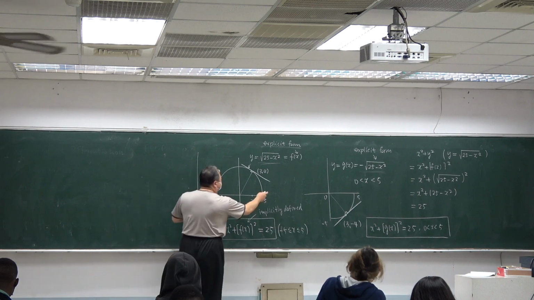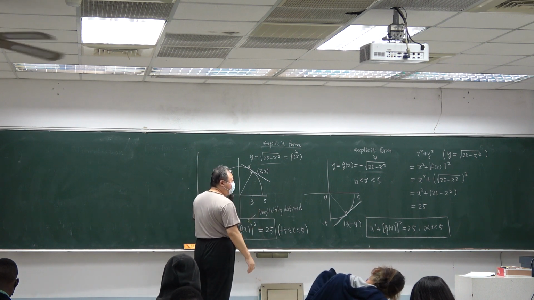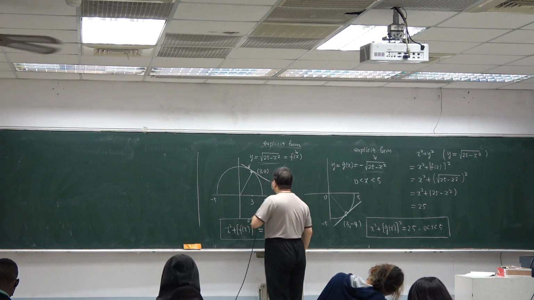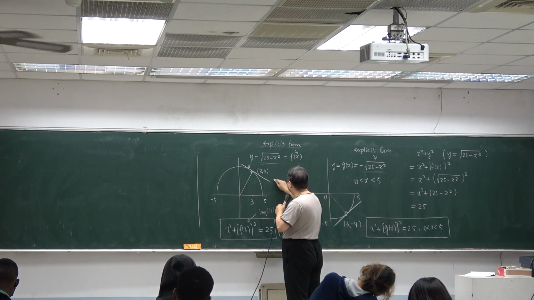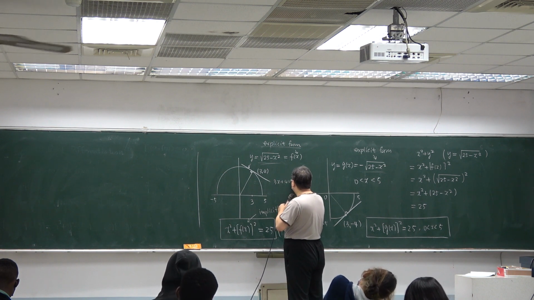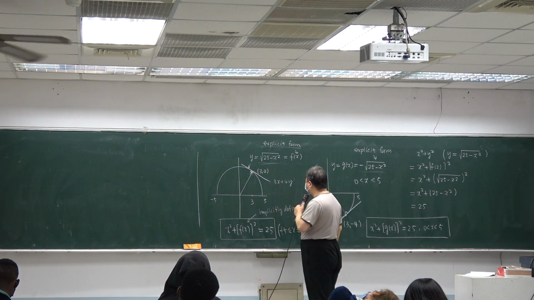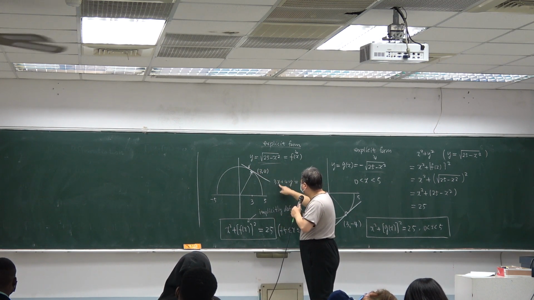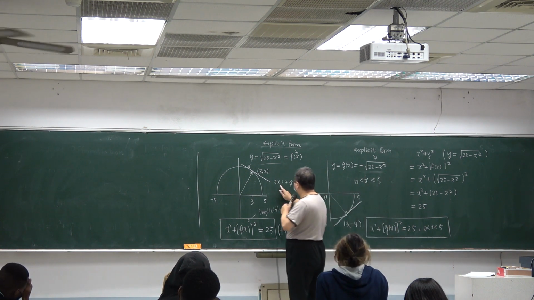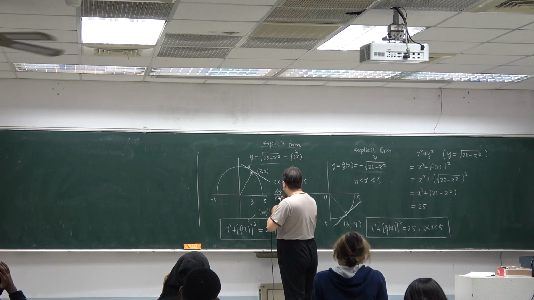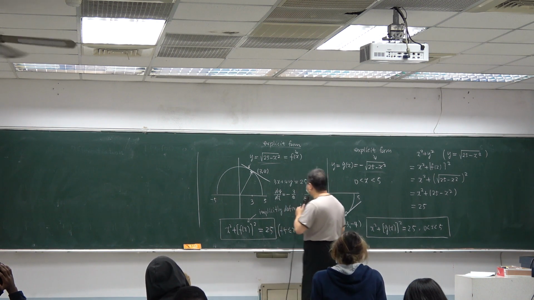To find this slope, of course, we already know from junior high school knowledge, because this is (3, 4), the equation will be 3x plus 4y, because this is a normal vector of this tangent line. 9, 16, 25. And for here, the slope equals minus